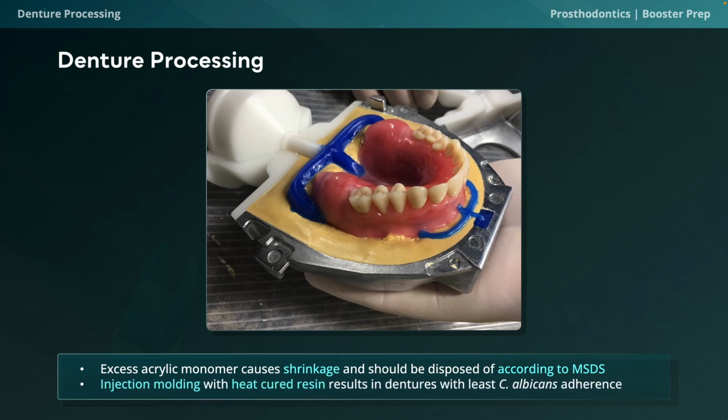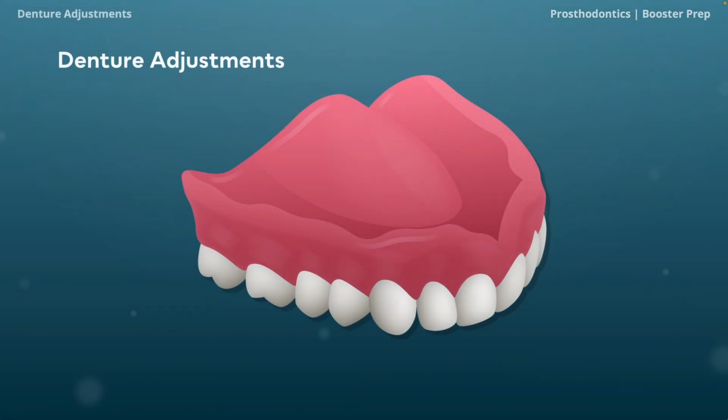The second point to remember is that the injection molding technique, along with heat-cured acrylic resin, will give us a denture that's most resistant to yeast infections, or in other words, a denture that will have the least C. albicans adherence. Alright, so the denture is fabricated and delivered, and our patient, who let's say had full mouth extractions